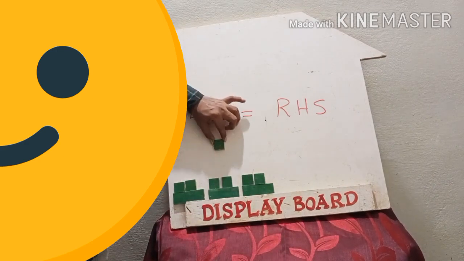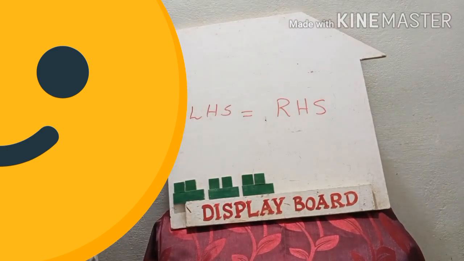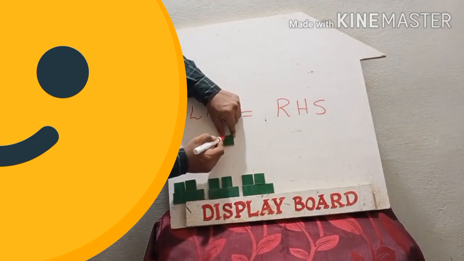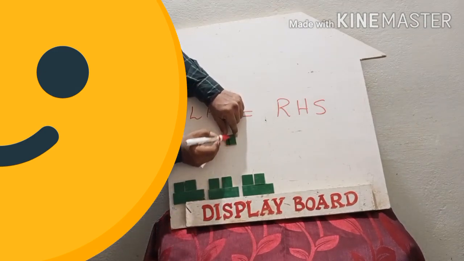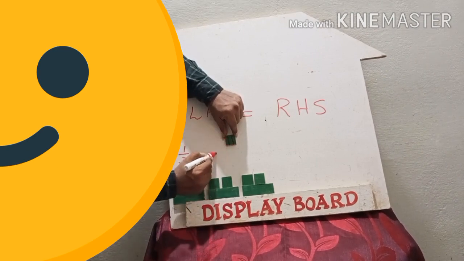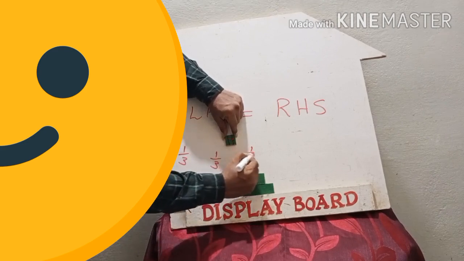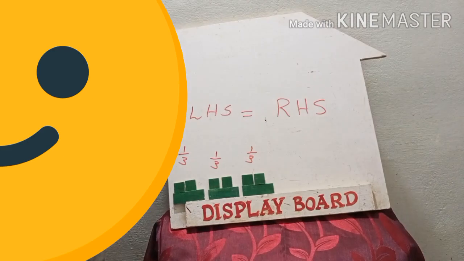Therefore, this square bit will make 3 equal parts. One part here, that is 1 by 3. Okay, that is here 1 by 3. This makes 1 and 2. So this one here is nothing but 1 by 3. This one gives to this one, it is nothing but 1 by 3. This part gives to this one, it is nothing but 1 by 3.